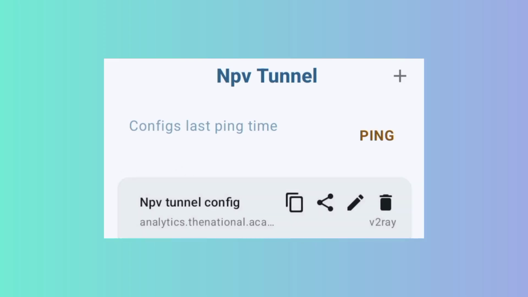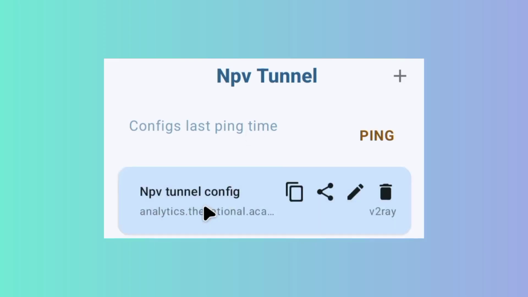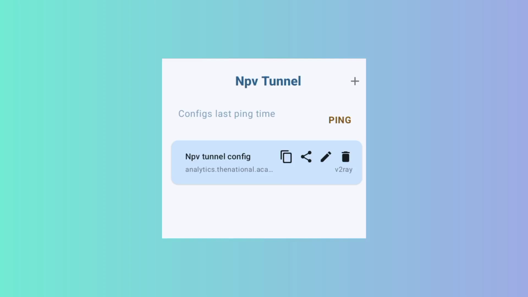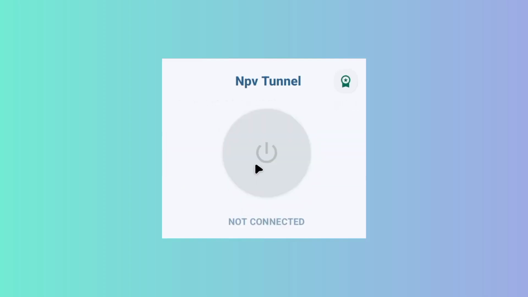So after doing that, you tap on this configuration once, just like that. Then you click on home, and the last step is to activate the app and start it up. So you tap on start, and you can see that the app is connected. And that's how we set up NPV Tunnel to get a super fast and secure connection, extra protection when